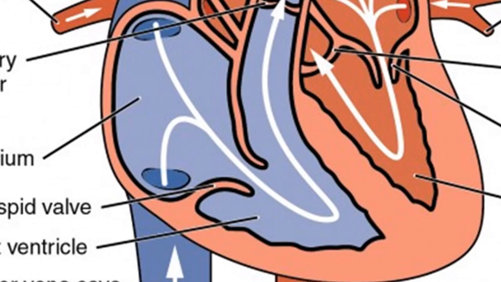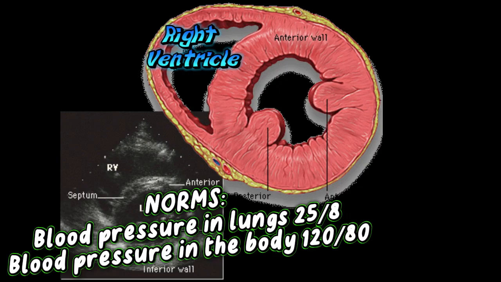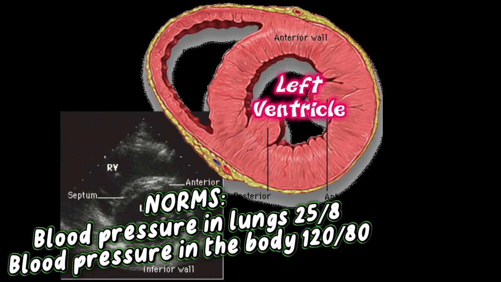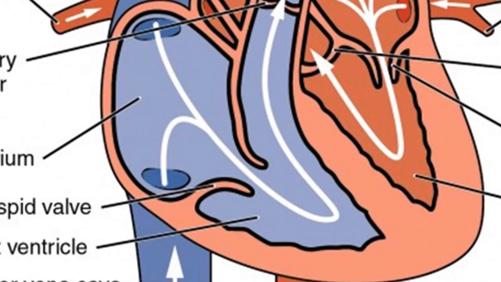So why is it so much harder to pump out the same amount of blood on the left than on the right? Well, the right side of the heart has a blood pressure of 25/8. And that's the blood pressure in the pulmonic arteries up here, 25/8. Well, what's the blood pressure in our body? Well, a normal blood pressure is 120/80. And so that blood pressure is a lot higher. And what that means is the left side of the heart has to be a lot stronger to pump the blood